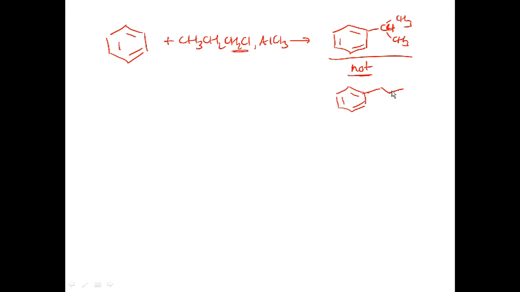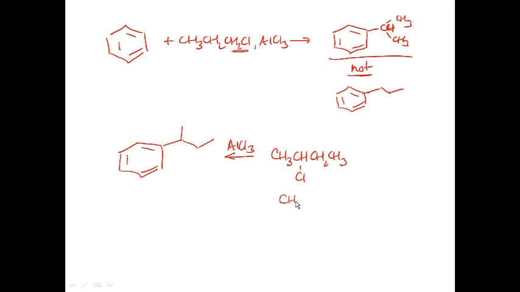Okay, so if you were going to do a Friedel-Crafts alkylation, let's say we wanted to form secondary butylbenzene. How would I do that? Well, I would take secondary butyl chloride and react it with aluminum trichloride, and that would give me the secondary butyl carbocation, which is stable, and then that would attack,